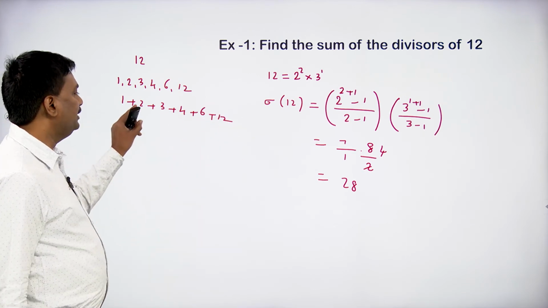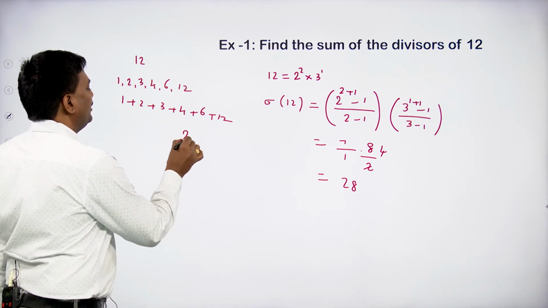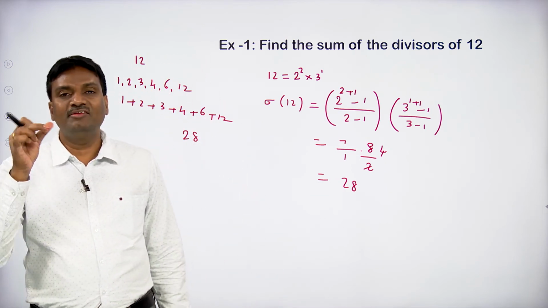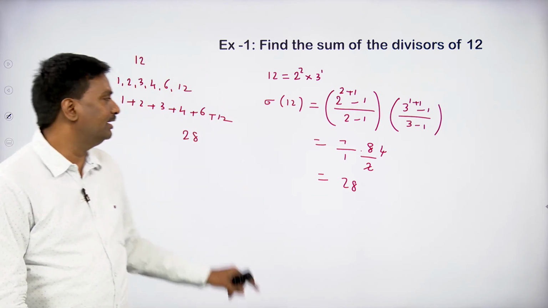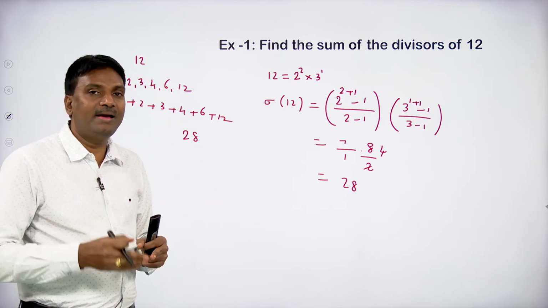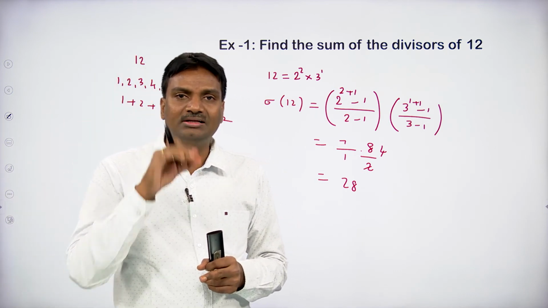So 1 plus 2 is 3, plus 3 is 6, plus 4 is 10, plus 6 is 16, plus 12 is 28. Here also we have gotten 28. Since 12 is a small number, we can take the divisors like this and add them. When a big number is given, to find the sum of all divisors of that particular number, we can